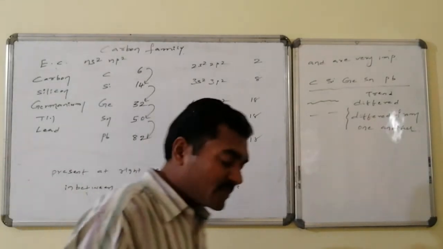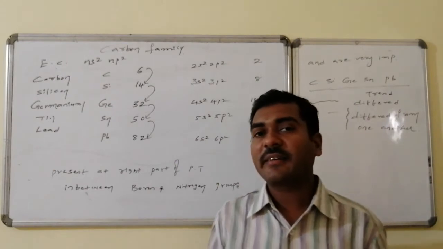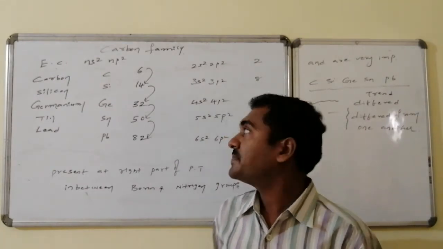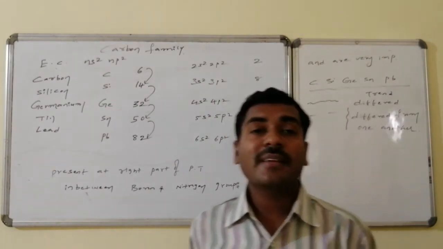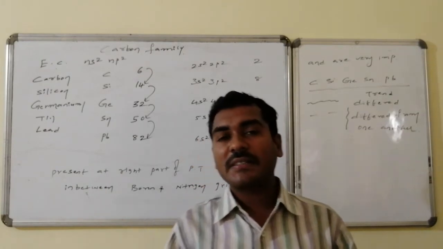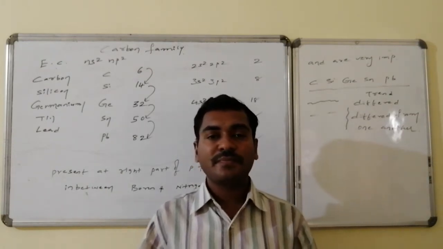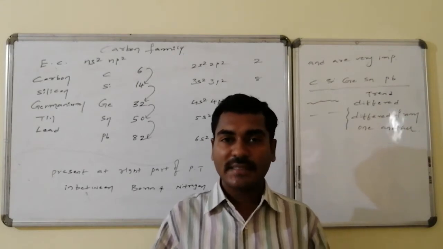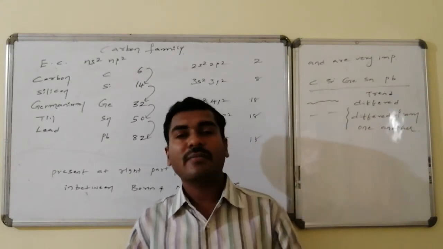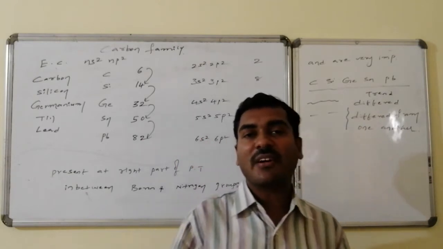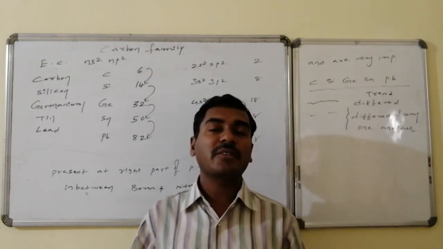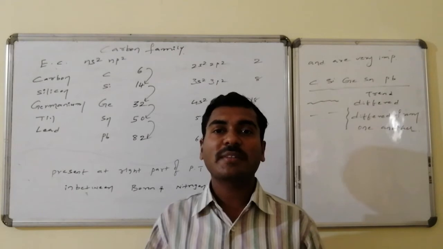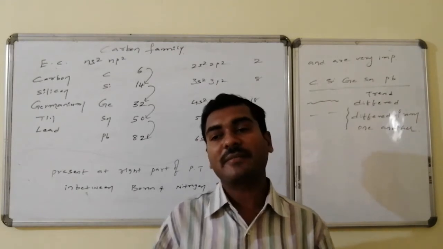Welcome friends. Let us go for a new lesson in inorganic chemistry, that is the carbon family. The carbon family has the general electronic configuration ns2 np2. All the elements having a similar electronic configuration are discussed under the heading of carbon family. Otherwise it is also known as the carbon group, and sometimes as the carbon and silicon group, otherwise the carbon and silicon family.